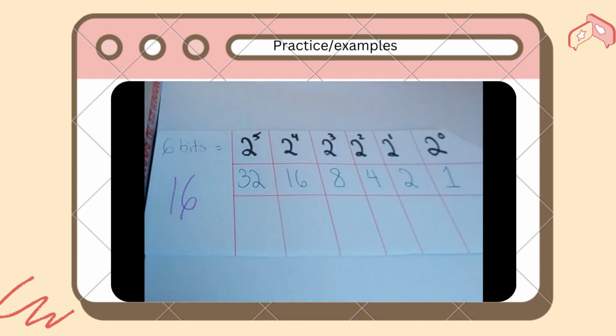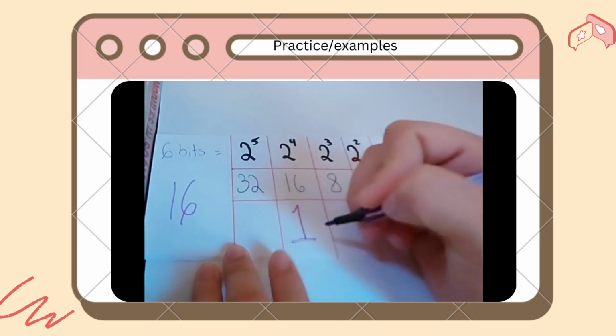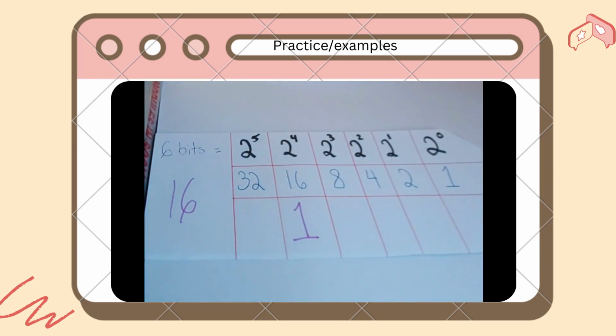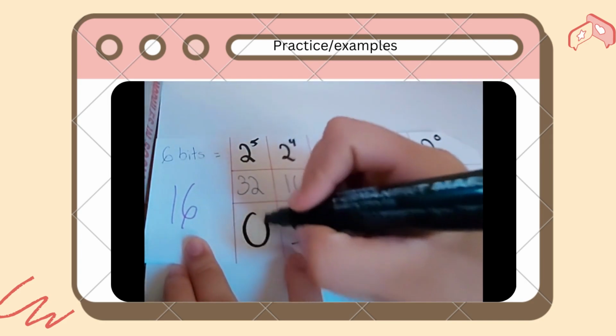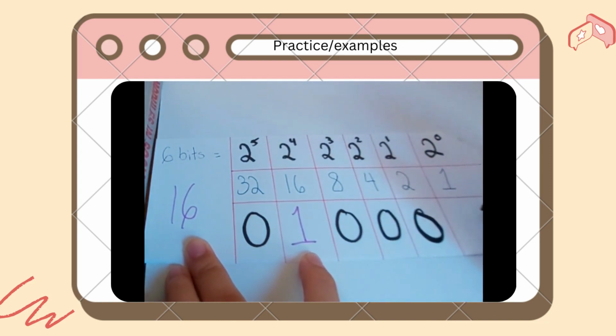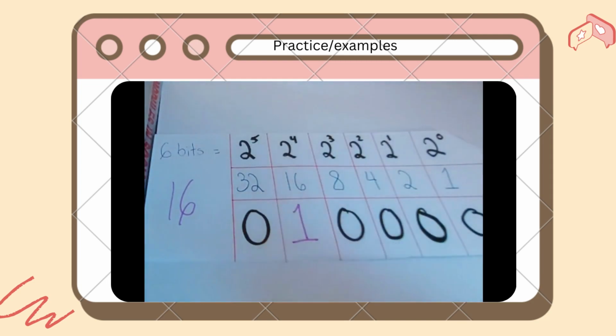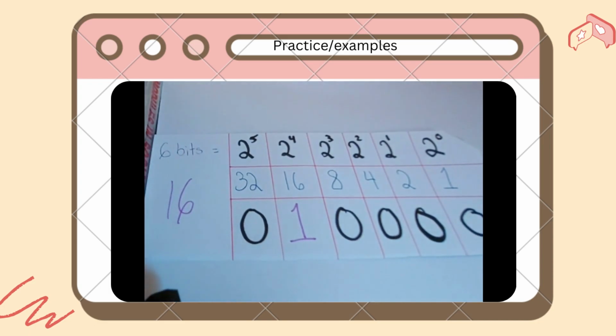Therefore, the only number we need from this table is 16, so we place a 1 underneath it. Then, according to the rules, all the other numbers that we do not need will turn into zeros. Therefore, we can now conclude that the number 16 has the binary code of